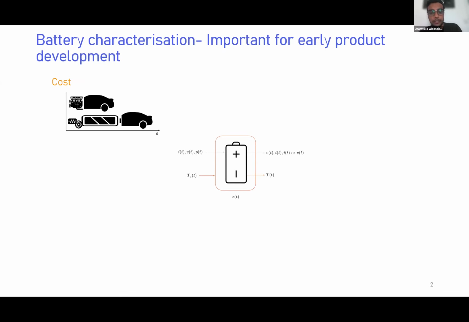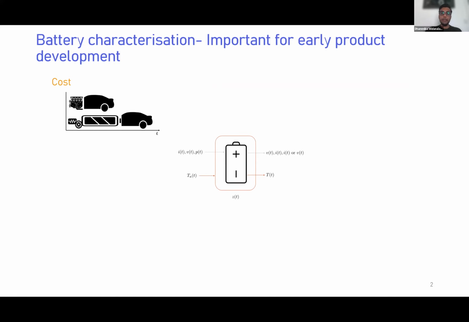So when it comes to characterization, there are quite a few things one might look into, but what it comes down to, at least in the labs and from the models, is what can we measure and what can we do with it. So in the figure in the middle, you see the typical measurements that we are restricted to at the device level. It's not a lot, but this is what we can get access to. It's the current, voltage, or the power, and subsequently the responses that you get from it at some given temperature and perhaps at different state of charge. So SOC is the state of charge.